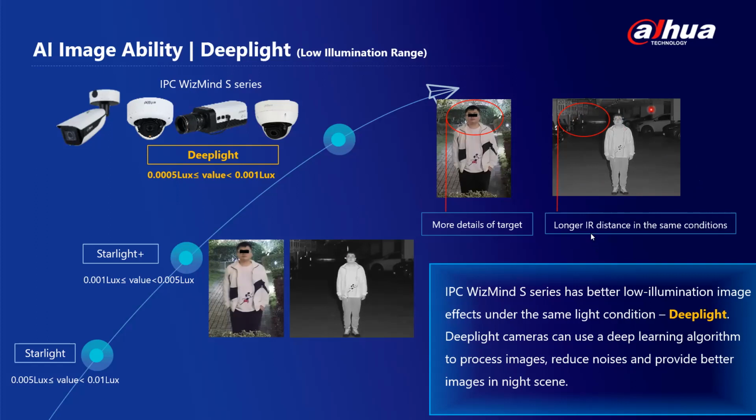So this uses its IR functions just to ensure that it illuminates this region here to end up seeing the clear details about the individual himself and the background properties with that particular scene. So in this case, the WizMind S series has better low illumination image effects under the same lighting conditions. That's Deeplight. So implying that it can attract lots of minimal sources of light into the camera just to ensure that it can